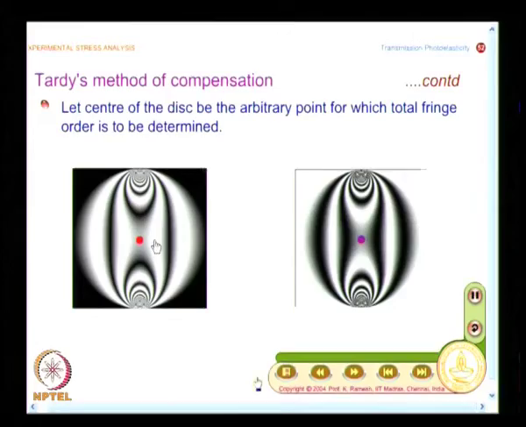And here we have deliberately taken the center. From your knowledge of solid mechanics, and you have also looked at the analytical expression for the stress field, what is the principal stress direction at the point of interest? This is exactly at the point of symmetry, so the x and y axes themselves function as principal stress directions. We will verify it. We will also see the isoclinic, because in any compensation technique, my first step is to find out the isoclinic at the point of interest.